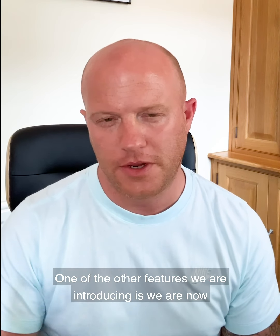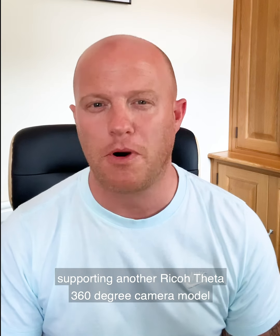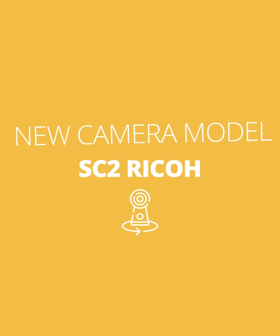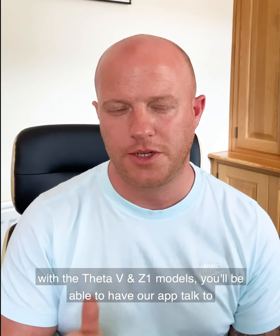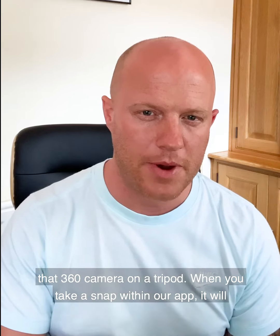One of the other features that we're introducing is we are now supporting another Ricoh Theta 360-degree camera model. That is the SC2 model. So in a nutshell, you'll be able to, as you are already or have been for some time now with the Theta V and Z1 models, have our app talk to that 360 camera on a tripod. When you take a snap within our app, it will capture the image on the Ricoh Theta SC2